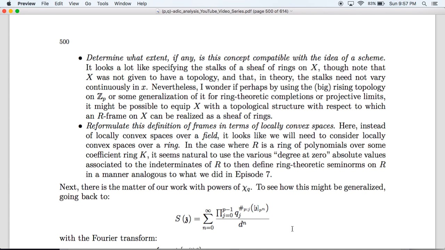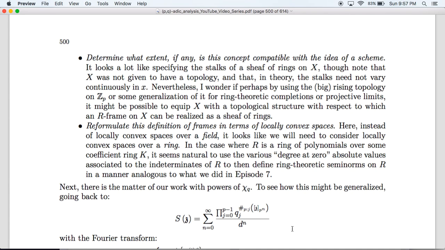Nevertheless, I wonder if perhaps by using the rising topology on Z_p, or some generalization of it for ring-theoretic completions or projective limits, it might be possible to equip X with a topological structure with respect to which an R-frame on X can be realized as a sheaf of rings. Also, we have the issue of reformulating the definition of frames that I just gave in terms of locally convex